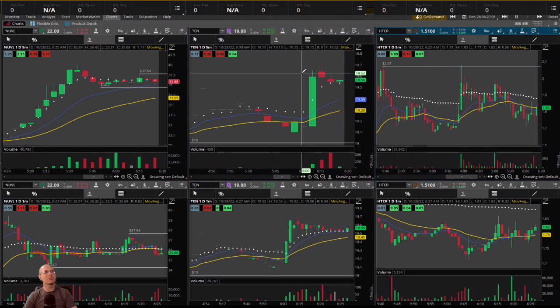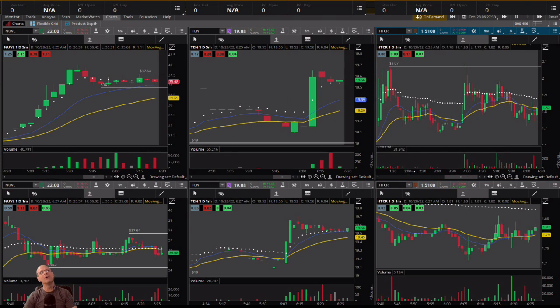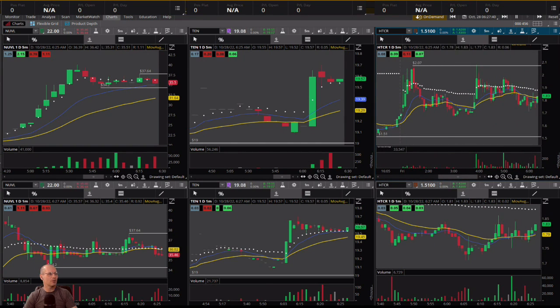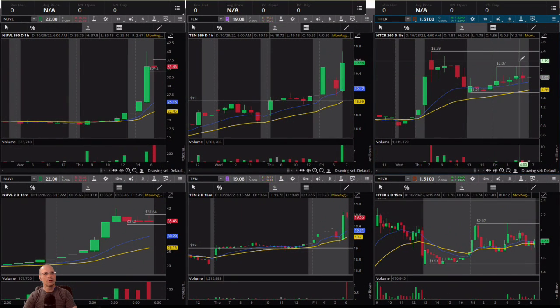There's not a whole lot of price action to really go off of there. And we kind of went over HTCR. It's really a lot of choppiness on the smaller time frames. I think that hourly time frame was the most clear. So we're looking for a higher low